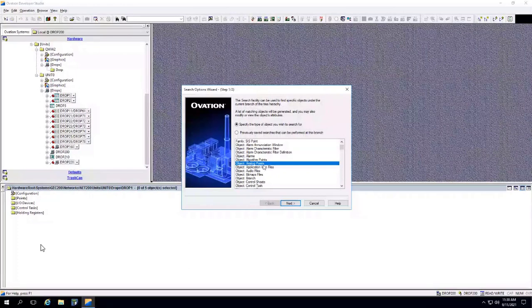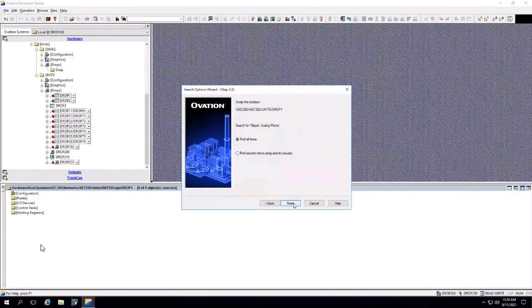After selecting your filter, you need to click on next, which is displayed at the bottom. So I am clicking on the next and you will be taken to another window like this, which gives you two options, find all or find using a specific clause. Give me a yes if you can see this window. Yeah, we see this window now. Find all items and another one, find specific.